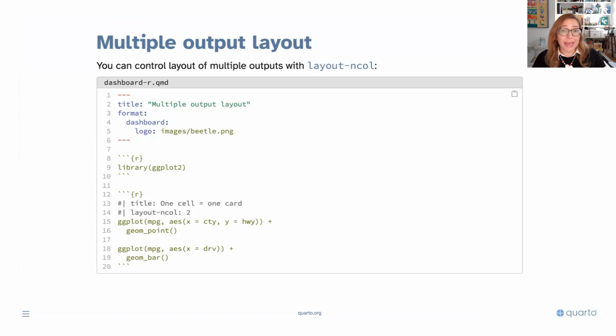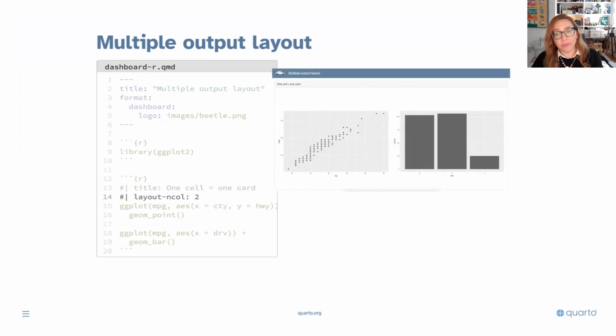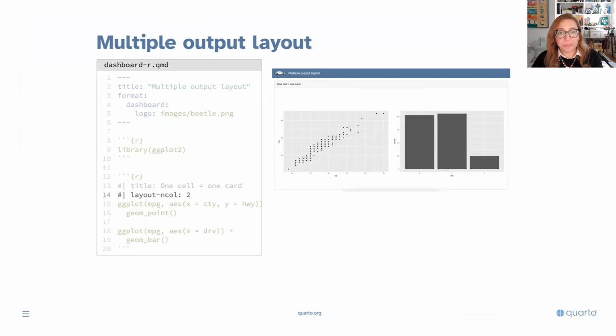So we can use the layout-ncol option, which is an option that's available in Quarto outside of dashboards as well, that tells us how to lay out the outputs. But in a dashboard setting, that will still keep the output plots inside of the card, but lay them out next to each other or across two columns.